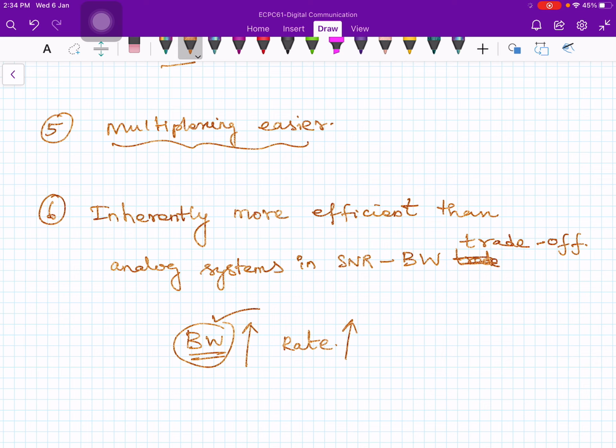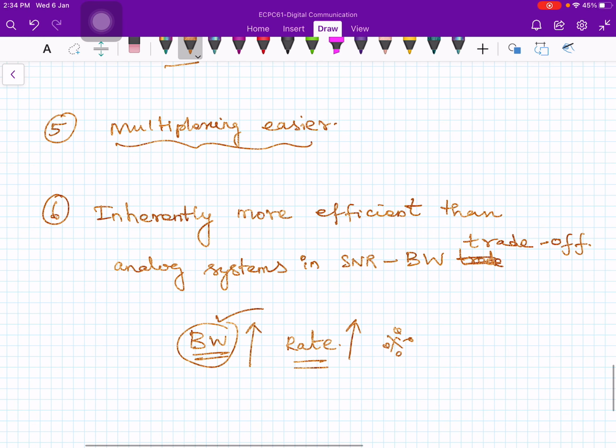Therefore, the basic resource that we need is the bandwidth. If you want to transmit a lot of information at a very fast rate, then you need more bandwidth. That is one aspect, right? The other aspect is that we need it to be done reliably. Even though you are doing it at a very high rate, the important point is we need to do it in a reliable manner. That means there should be very few errors.